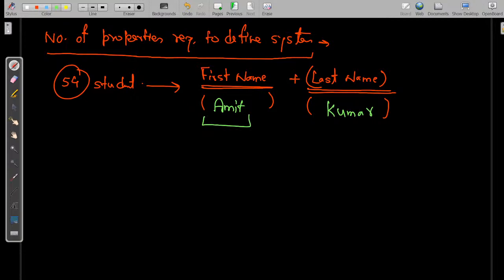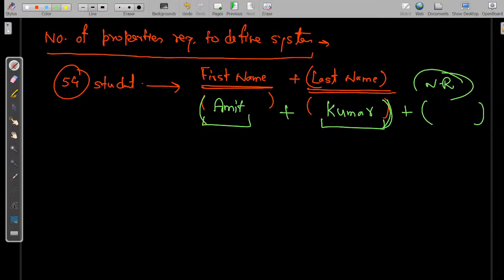With this name Amit, there can be number of students in this class, and Kumar also with last name, there can be number of students. So अगर मैं दोनों चीजें बोल भी रहा हूँ, अमित कुमार भी बोल रहा हूँ, तब भी मैं क्लियरली डिफाइन नहीं कर पा रहा हूँ कि किस अमित की बात कर रहा हूँ, किस अमित कुमार की बात कर रहा हूँ। ओके, देन आई कैन ऐड another thing, maybe name of the college or roll number or something,